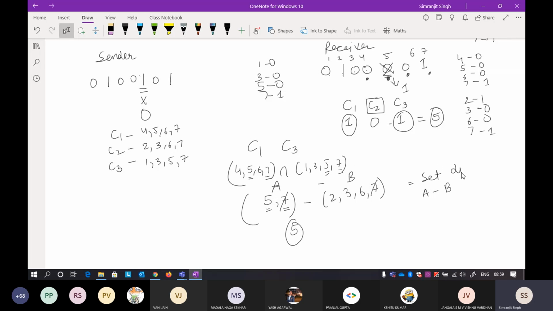So the definition of set difference is this: elements of A which are not in B. So what are the elements of A which are not in B? Elements of A, 5 is not in B. That is why I'm writing 5 here. If you think about it, it is actually the implementation of set theory. You will not find this in any book because this is a simple basic concept that you can figure out on your own.